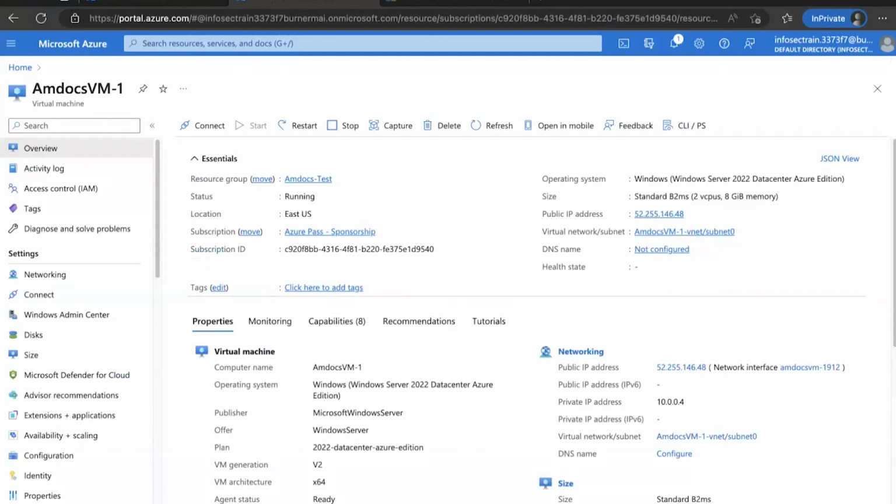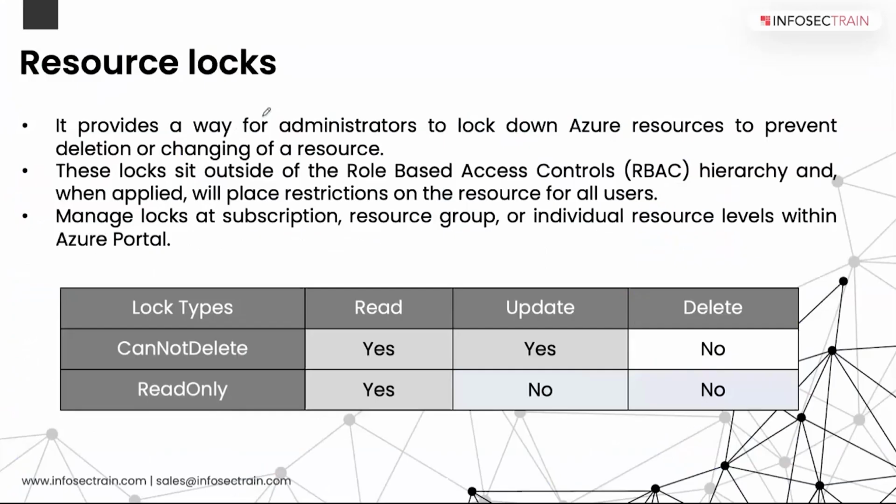But another thing is governance. Let's say this machine was running a very important workload or process, some batch process, or a very important web server it was hosting. During that time I don't want anyone to change its state, right? When we talk about no one being able to change the state, we need to prevent accidental changes. For that, you are going to use resource locks. So we are going to use the resource lock in this particular scenario.